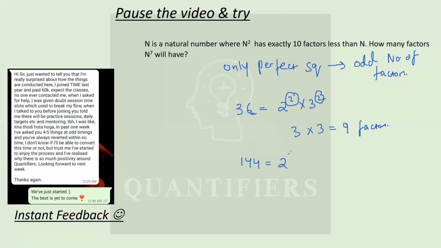144 is 2 to the power 4 into 3 square, right? क्योंकि पहले तो prime factorize करना ही है. Then if I increase each of the powers by 1, so I'll get 5 and 3. Now 5 into 3 will give 15 factors. So again, you can see, students,